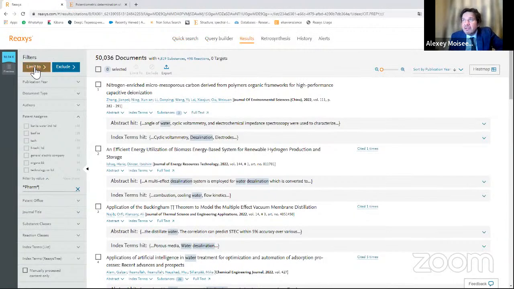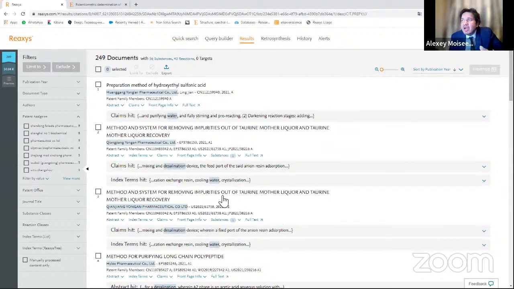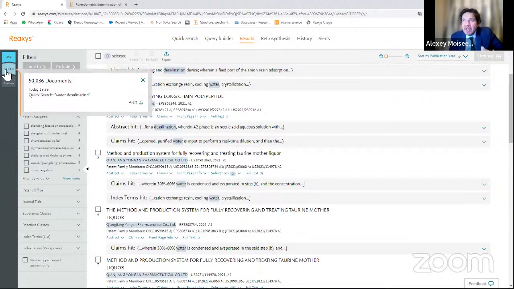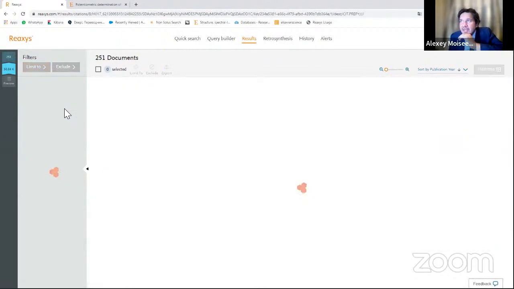So we have filtered everything that was ever published by pharmaceutical companies. So we have knowledge of what the applications of water desalinization in pharmacology are. But we can very easily switch, for example, to agriculture. Place here agriculture, to find what was published in agriculture.